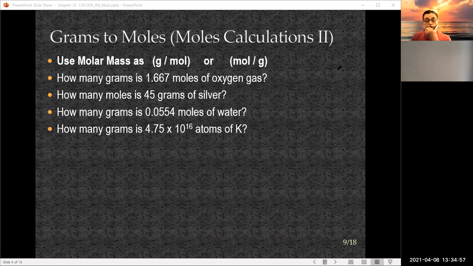It says, how many moles is 45 grams of silver? Oh, wrong one. 45 grams of silver. All right, we have to look silver up, and its atomic weight is 107.87